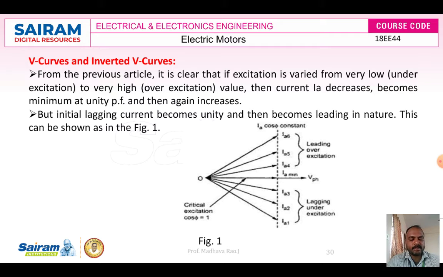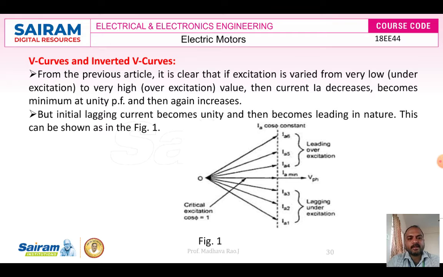In the previous video we have seen various types of excitations: under excitation, over excitation, critical excitation, normal excitation. Excitation depends on creating magnetic flux inside the synchronous motor. A synchronous motor has two types of windings: field winding and armature winding. The field winding is connected to the DC supply. Once the DC supply is connected to the field winding, magnetic flux will be produced. According to the magnetic flux, excitations are classified into various types.